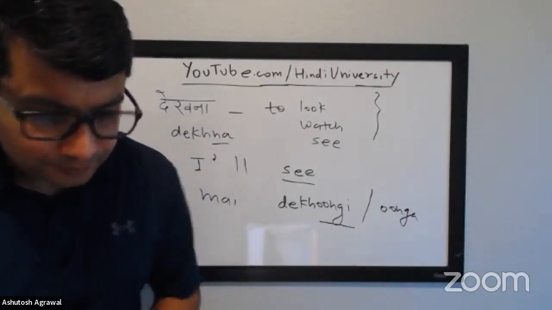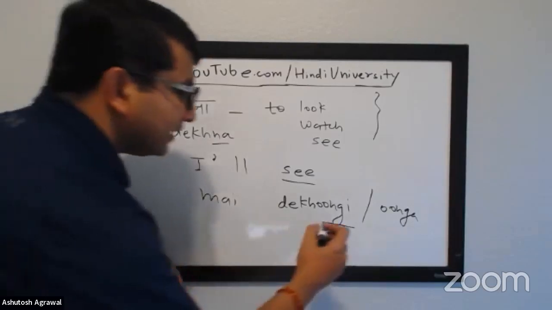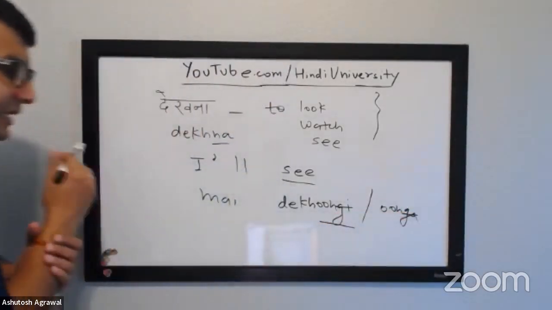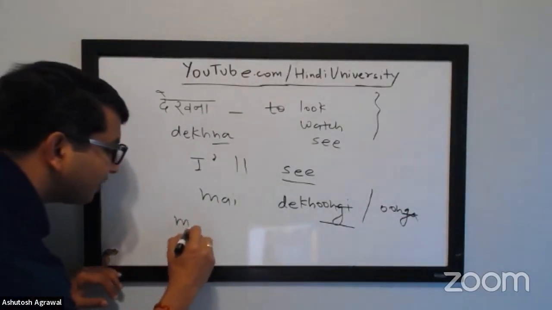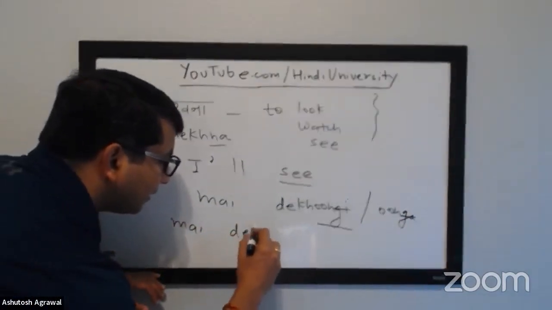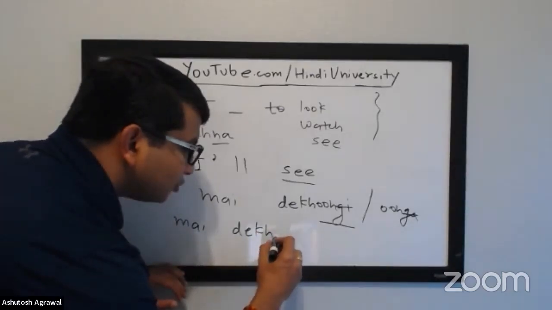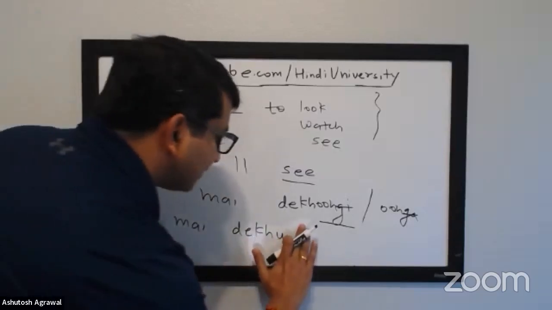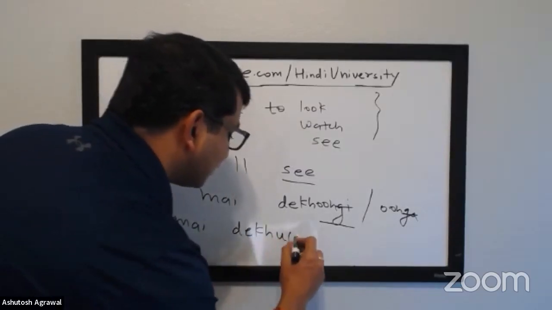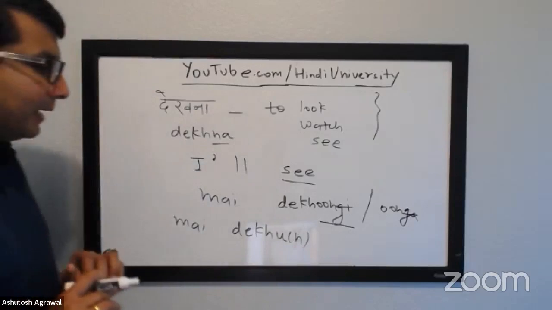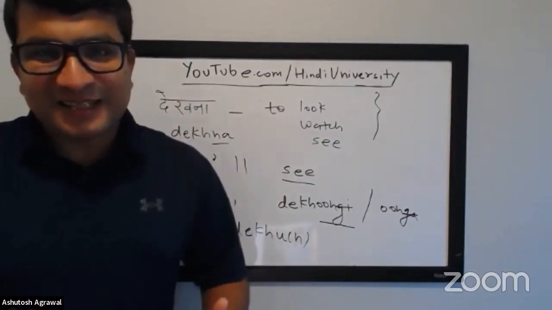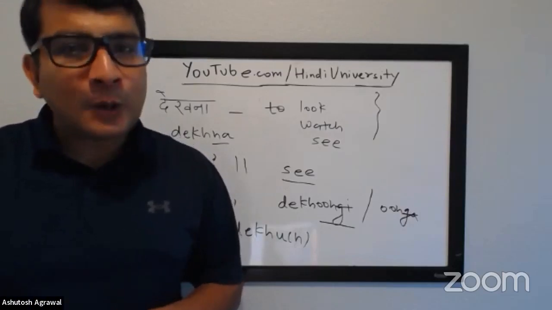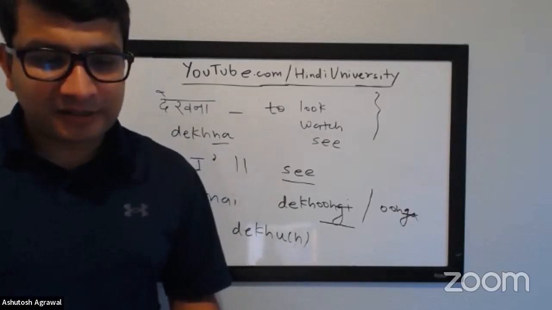But now there's a different form, which is what if you remove the ga or gi at the end, and the rest of it becomes मैं देखूं. I'm going to write it, but it means the same. मैं देखूं, with a nasalized sound. Now, what does it mean? That is the main question. The answer is it really depends on the context in which this is being conveyed.